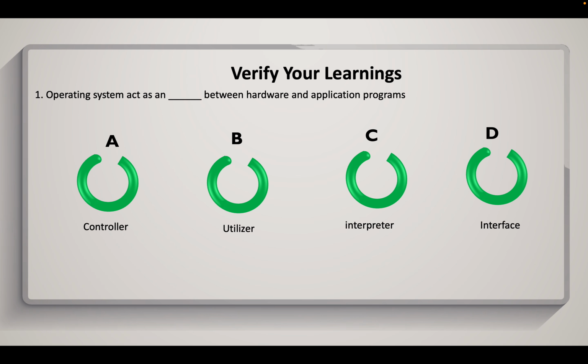Now we will verify our learnings. Operating system acts as a dash between hardware and application program. Controller, utilizer, interpreter, or interface. Operating system acts as an interface. The answer is